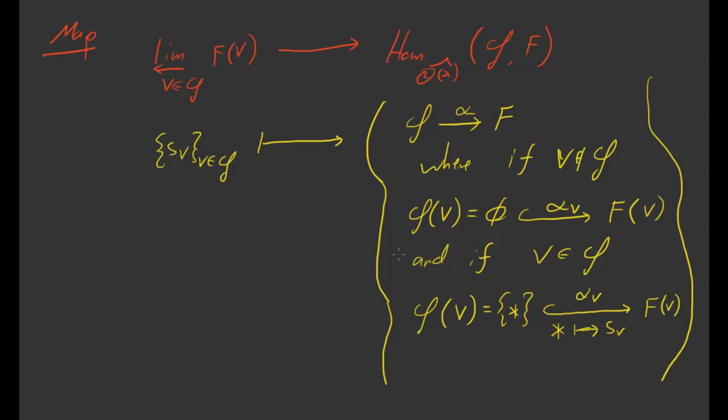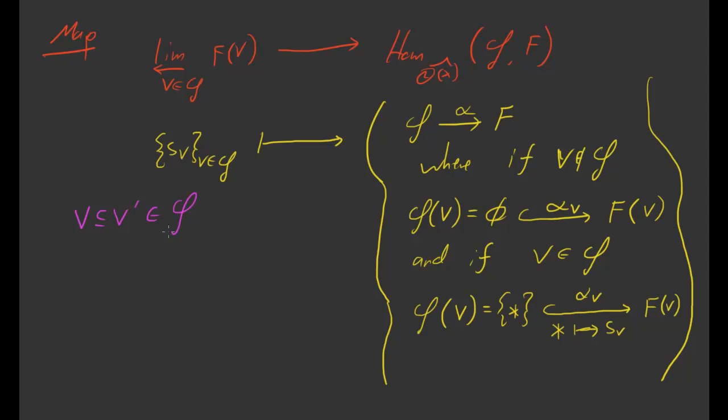So that's what the map is in this direction. And we could wonder whether this is actually natural. And it will be, right? So why is it going to be natural? We only have to check the case where, say, V is inside of V prime, which is in S. We only have to check naturality when we have two open sets, both of which are in the sieve,